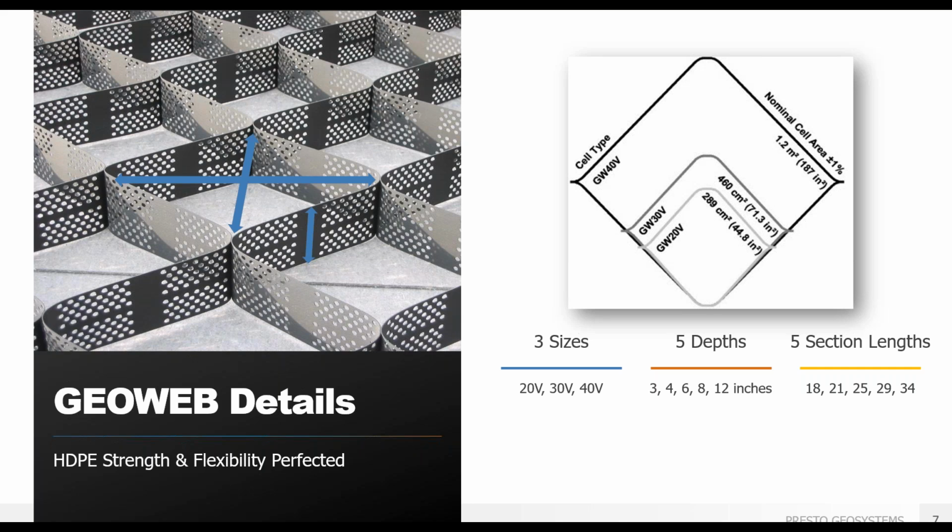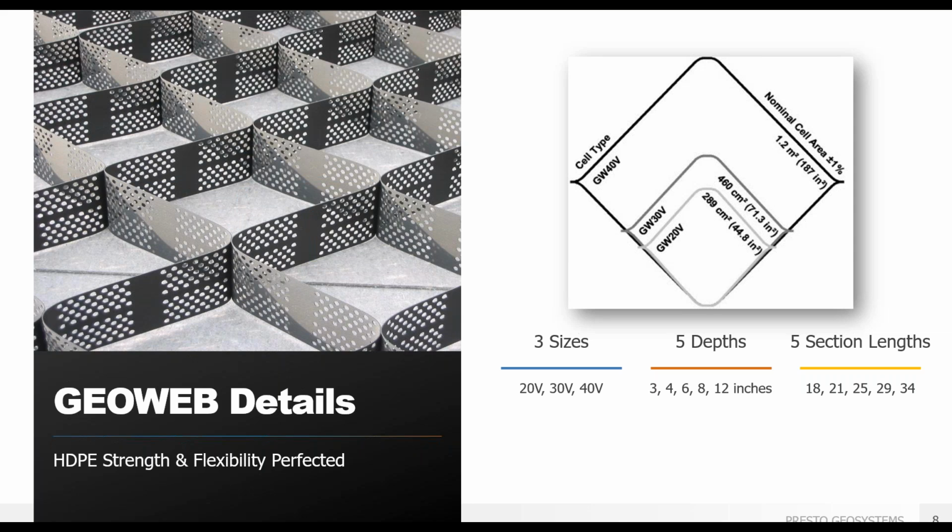We will provide free evaluations, which I'll mention a bunch of times through our presentation, but a free project evaluation we do provide for every single project, no matter the size. A free project evaluation will consist of a written summary, cross sections and plan views, calculations and specifications. And once again, no matter how big the size, I highly recommend for any of your projects reaching out and getting a free project evaluation.